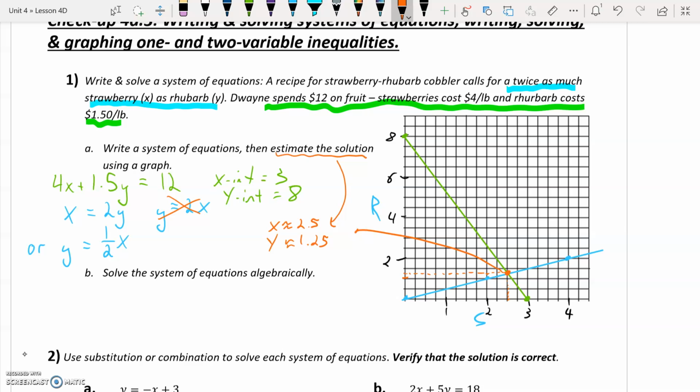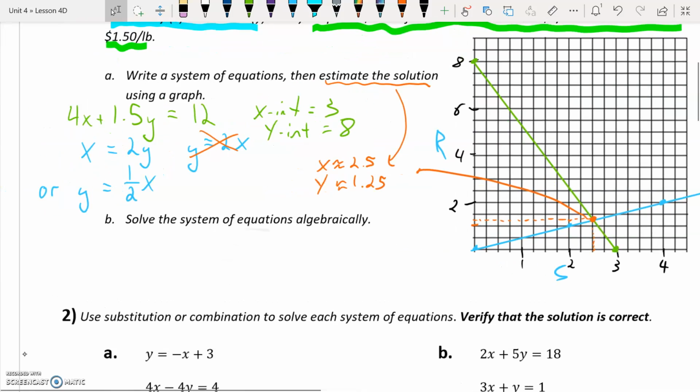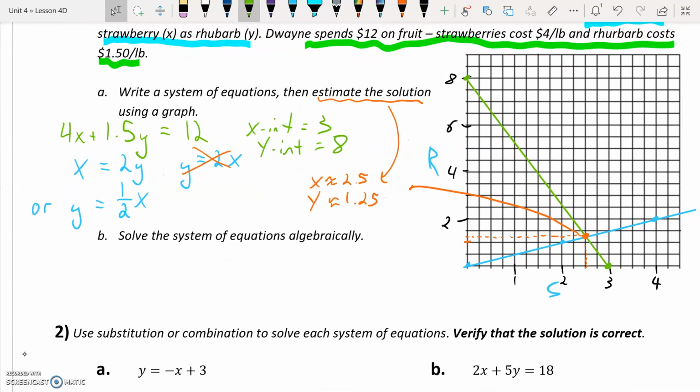And then we want to solve that. We want to solve this system of equations algebraically. So with all the strategies we have, with this system, the easiest one would be substitution, because one equation is solved for one variable, so x equals 2y or y equals 1/2 x. We could use that substitution. So taking the one in standard form, 4 times x plus 1/2 y equals 12, I'm going to take that x and I'm going to replace it with what x is equal to. So I'm going to take what x is equal to, which is 2y,